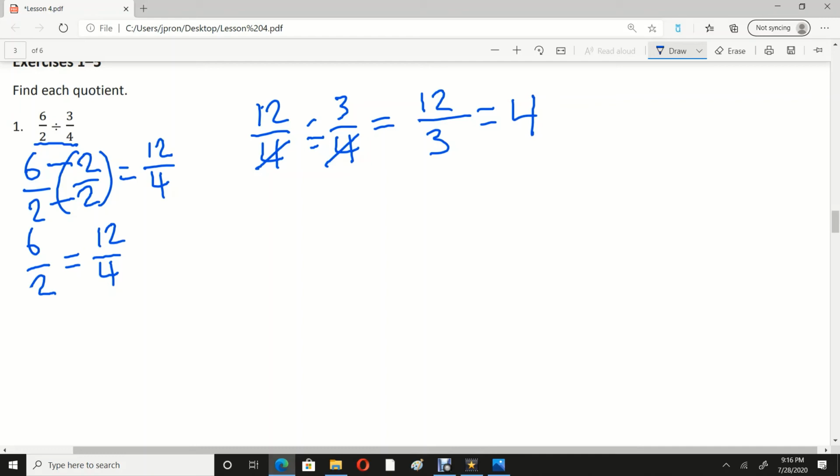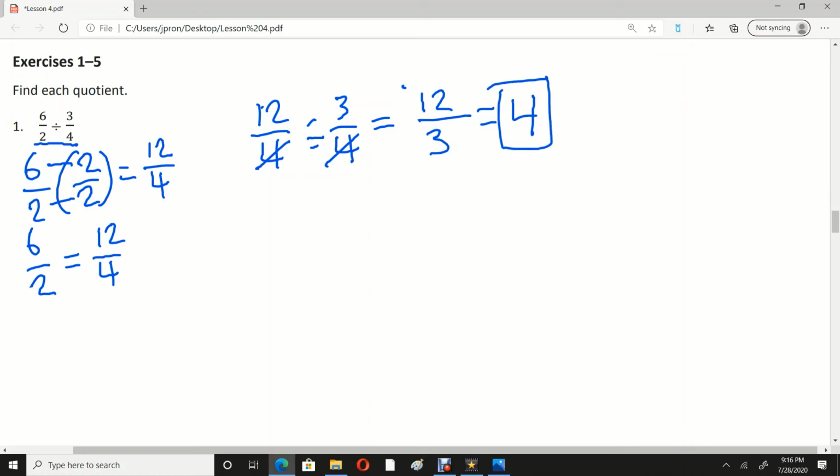So in this case, I wouldn't want you to leave this as an improper fraction because 12 can be divided by 3. So we get left with 4 right here, right? 12/3 is technically a correct answer. But with these, I expect you to know your basic math facts. 12 divided by 3 is 4. All right, so let's move on to